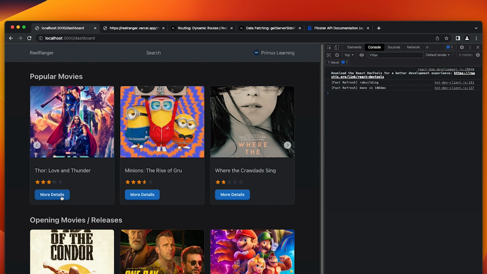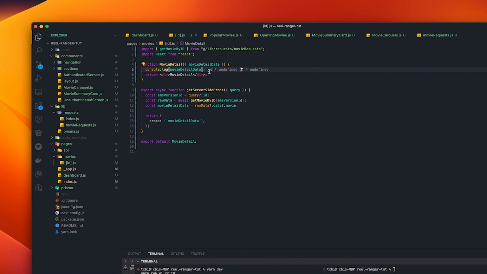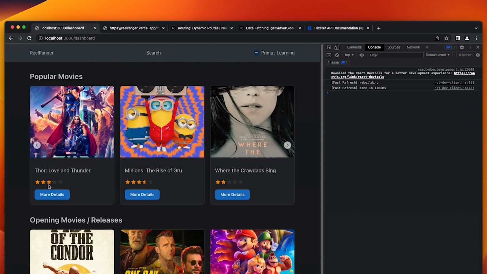When we click on it, it's going to take us to that dynamic route that we defined here, and it's going to get it from the query and save it as image version ID, and then pass it into our get movie by ID request. Okay, and the get movie by ID request is then going to fetch it from the Rapid API. Okay, so let's test that. So we're going to click on movie details, or more details rather,